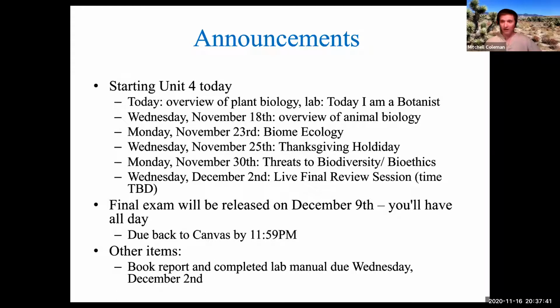That's the same day the full lab manual is due, which is basically a scan of all the labs you've done throughout the whole semester, but in a single document as opposed to individual files. So those two things are both going to be due on the same day. Of course, you can turn them in earlier if you like. I think that extra day will be helpful to you. That way, you'll still have a full week between the time you've turned in the book report and the complete lab manual scan